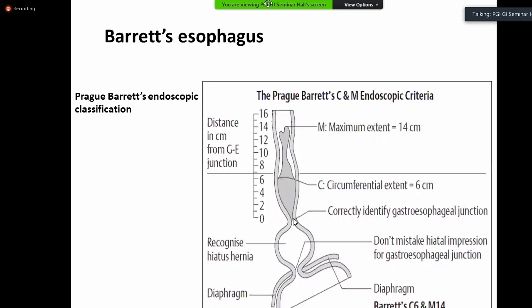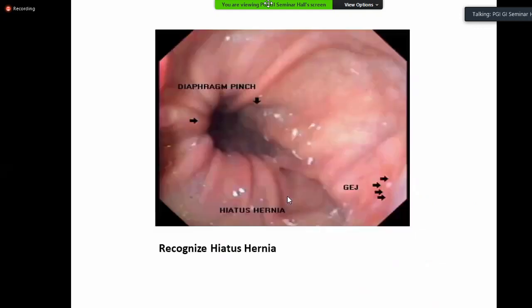So you measure distance from here, 0 centimeters. This is the circular line. So this is C. 0 to 6 will be the C, and 0 to here, 14 centimeters, is the upper extent. So this will be the M, and this will be the C. To get it better, you recognize the hiatus hernia,